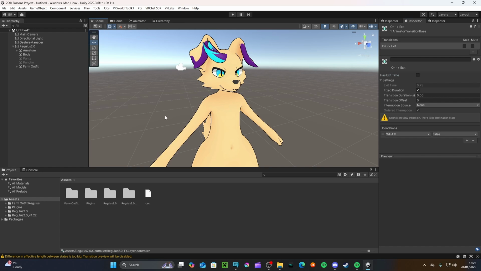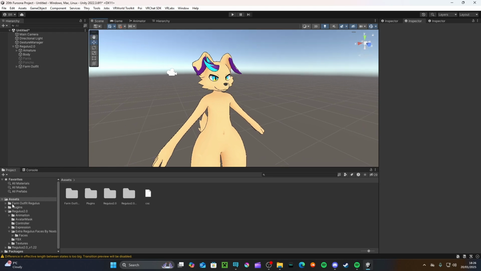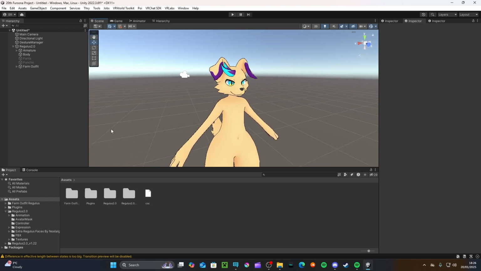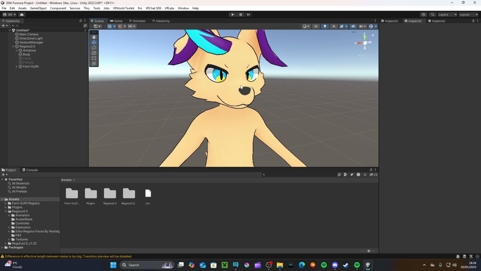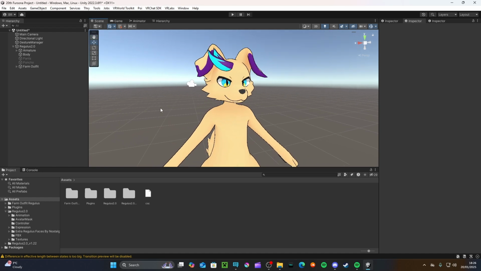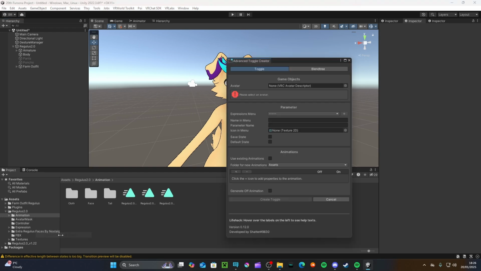And that is finished. So that's all done, and there's one more thing I'm going to do real quick. So again, you don't have to do this if you don't want to, but you may be aware that some avatars, such as the Regulus, has a system where it will automatically blink, and if you wish to disable it, I'm going to show you how to do it. So we go down to animation and we see these here. We're then going to right click, go back to this area after clicking create advanced toggle, once again select the avatar,